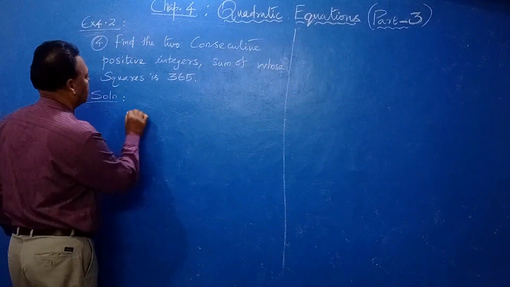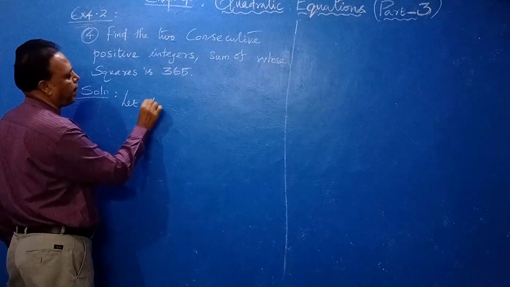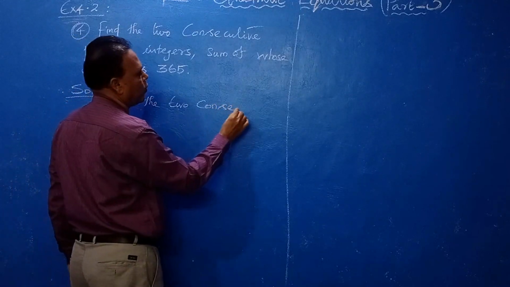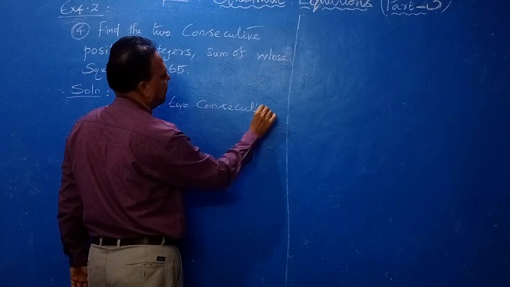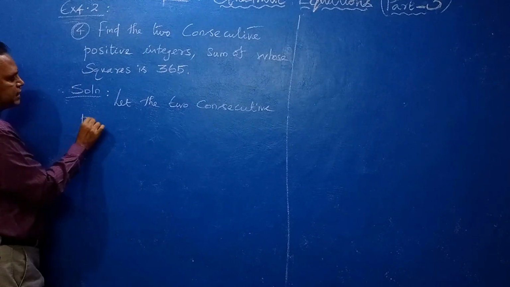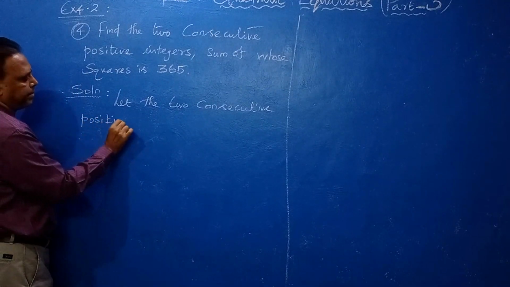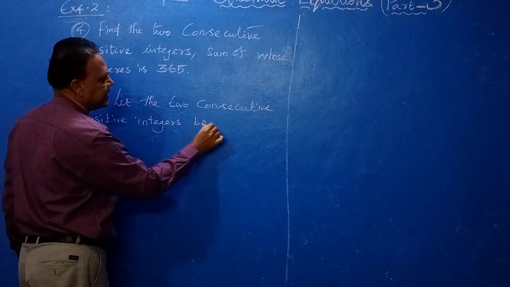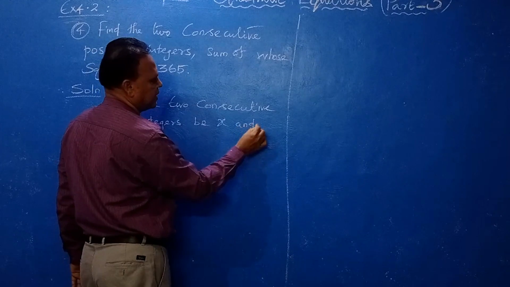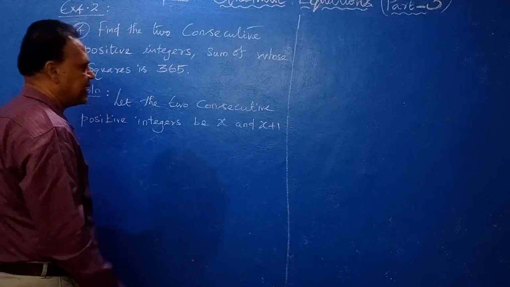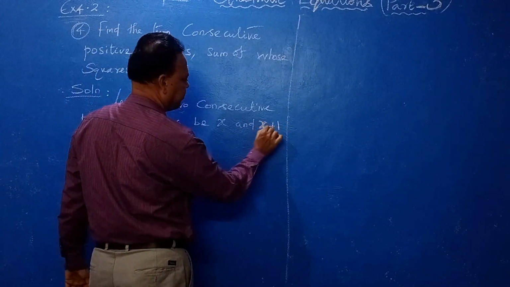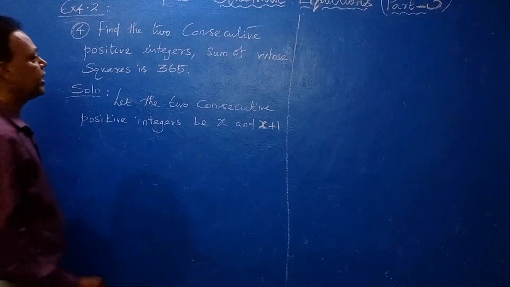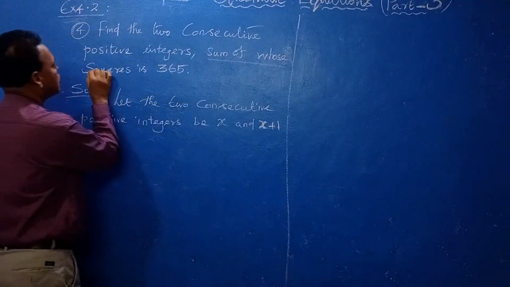So let the two consecutive positive integers be x and x plus 1. X and x plus 1, always remember. Read the problem. Sum of whose squares is